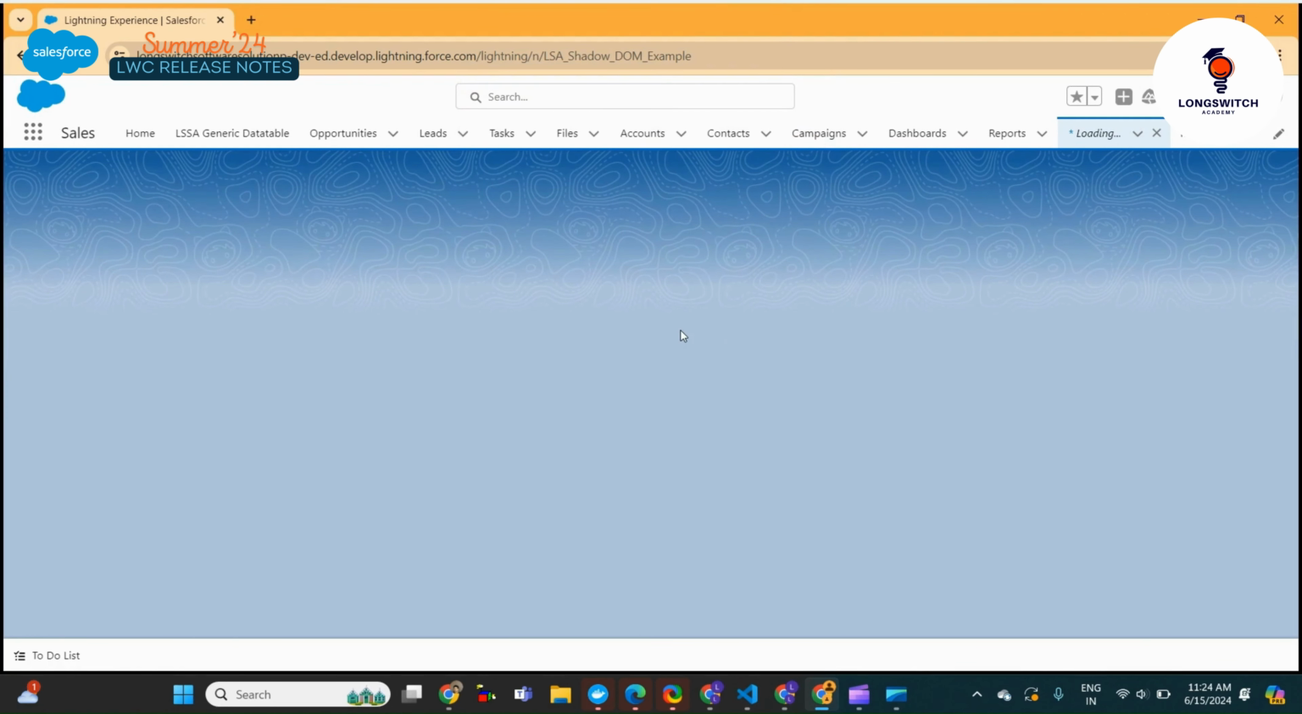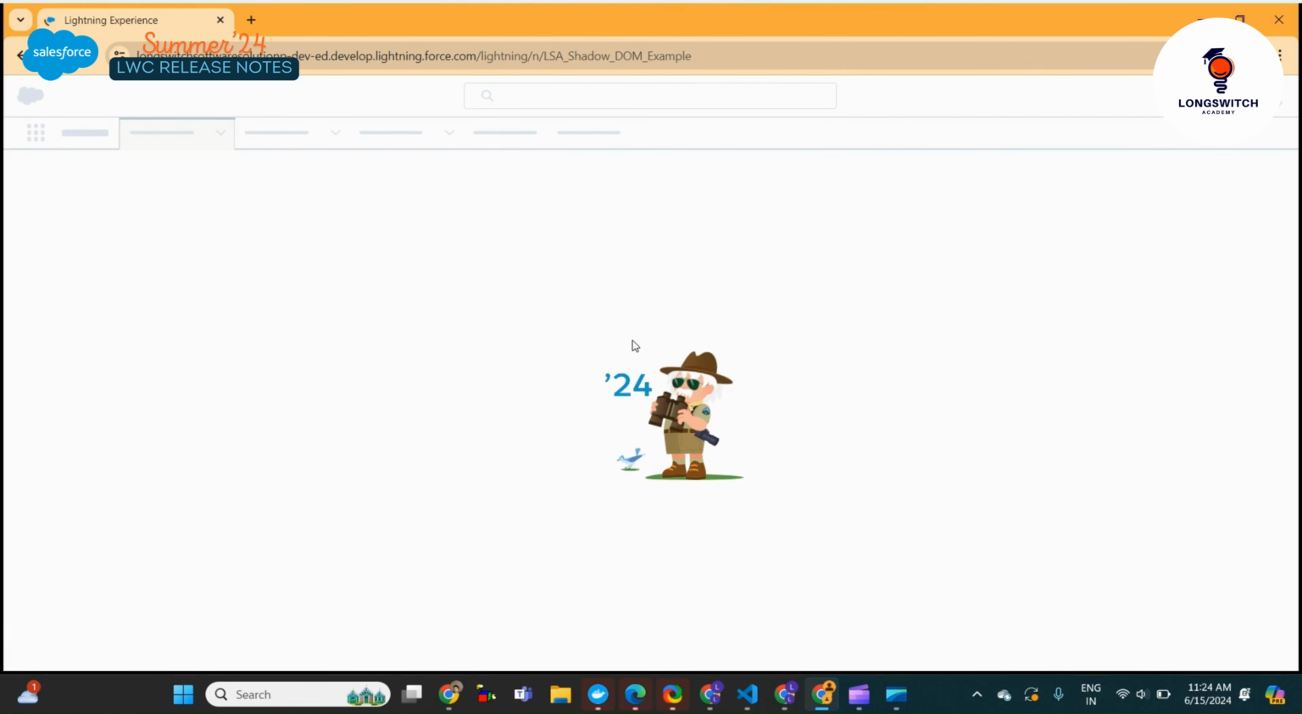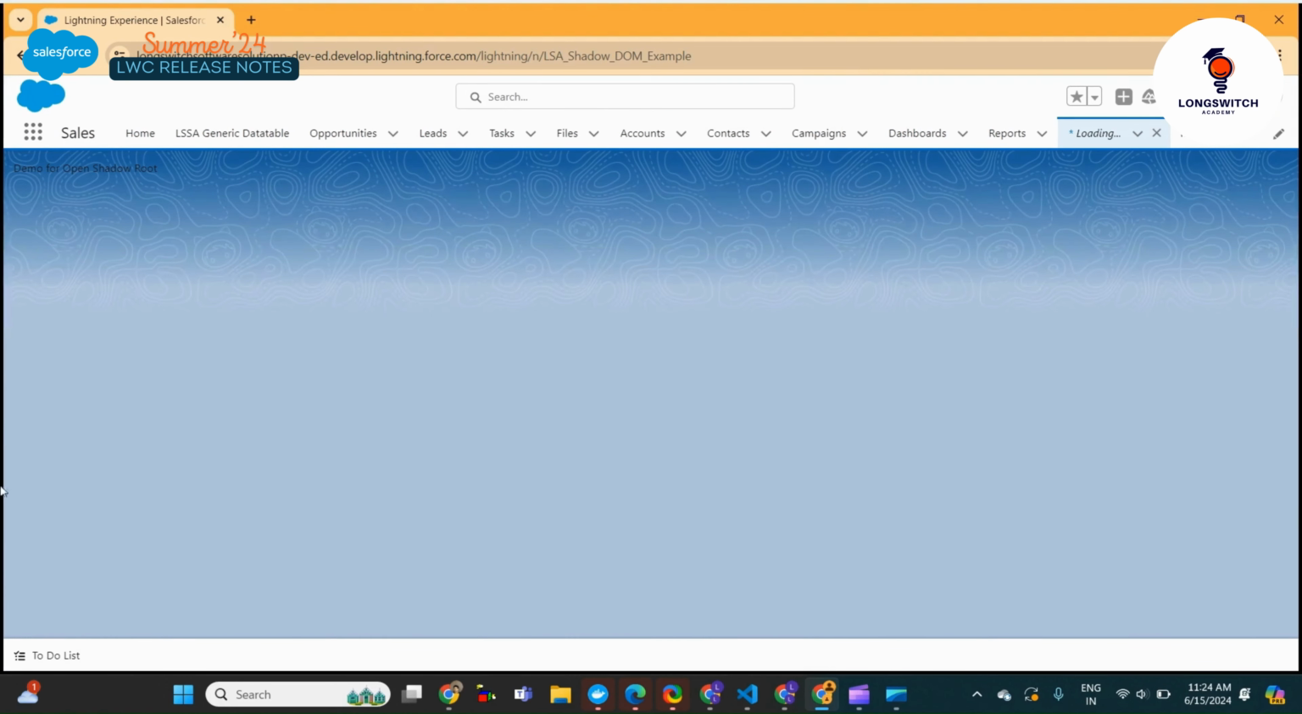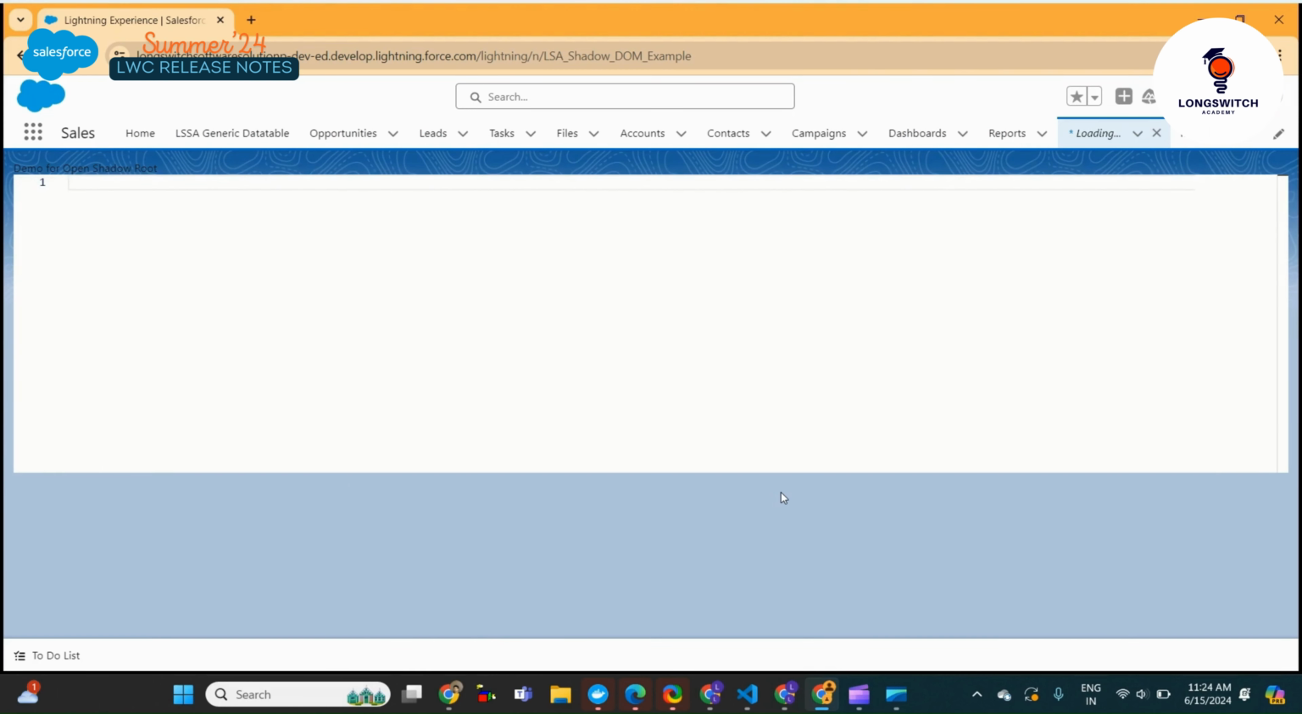Okay, the update didn't take place, it seems. Sometimes it takes time to take the refresh. Okay. Still, this is a problem. No, I think now, see, the component is now rendering here. I can type my code here. You see, initially it was not taking the refresh, but sometimes it takes time to take the reload of the